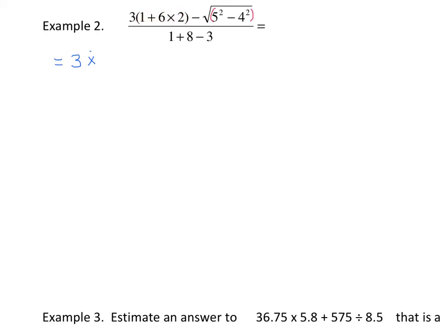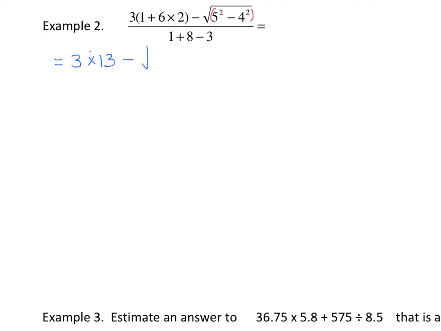So inside the bracket we've got 1 plus 6 times 2. Now we need to perform multiplications before we can perform an addition. So 6 times 2 is 12, plus 1 is 13. So we've got 3 times 13, subtract,